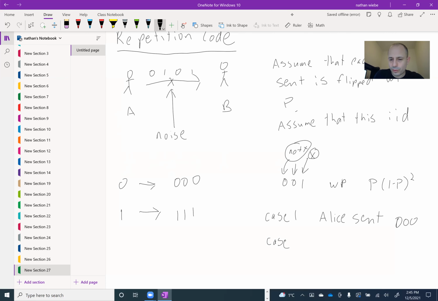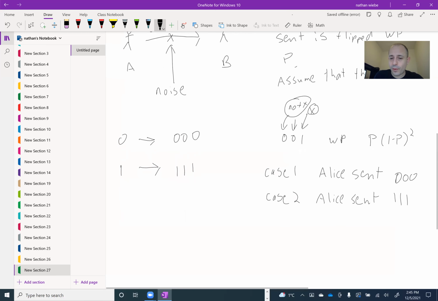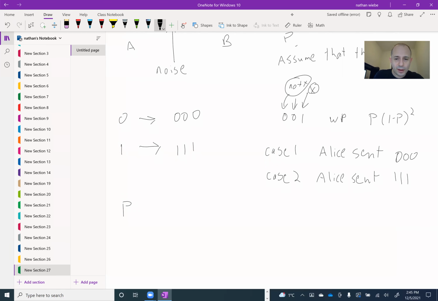Case 2, Alice sent 111. Both could conceivably do this. However, the probability of case 1, given that 001,